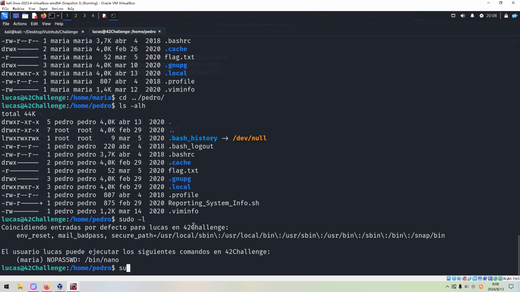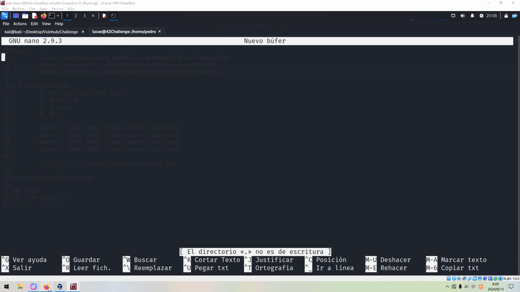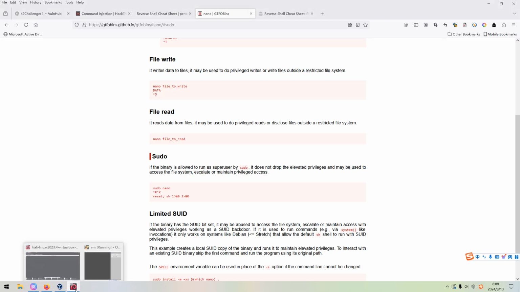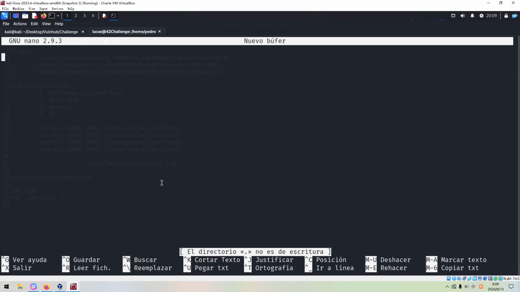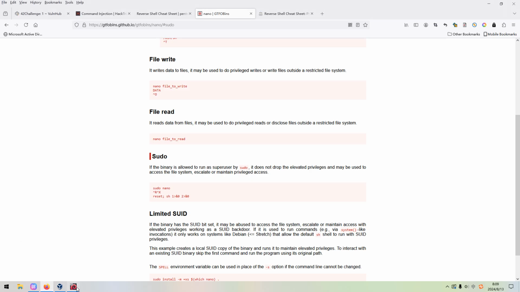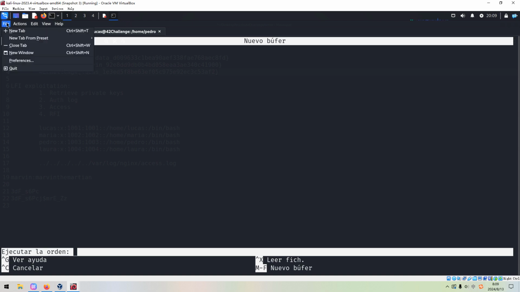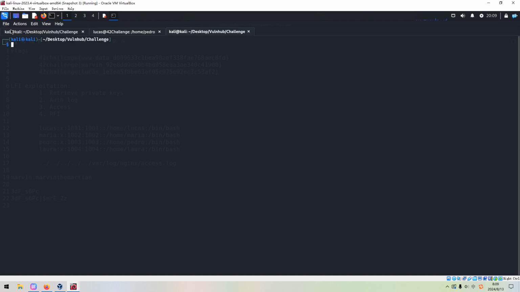We can use sudo with user name Maria and nano. And the first step would be Control R, and then Control X. So then we can execute a command. So I think we can spawn another shell.